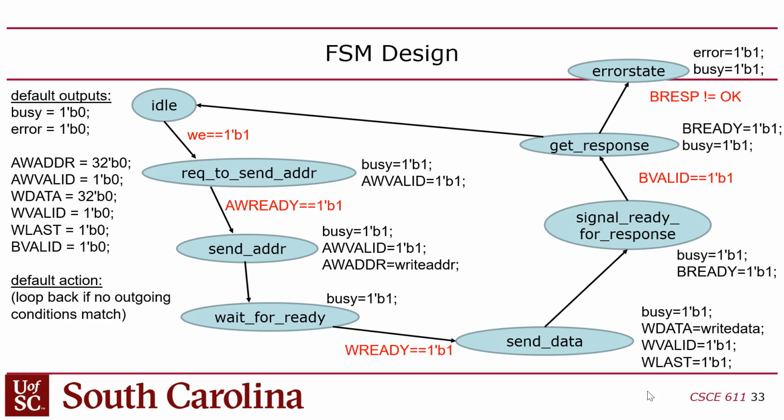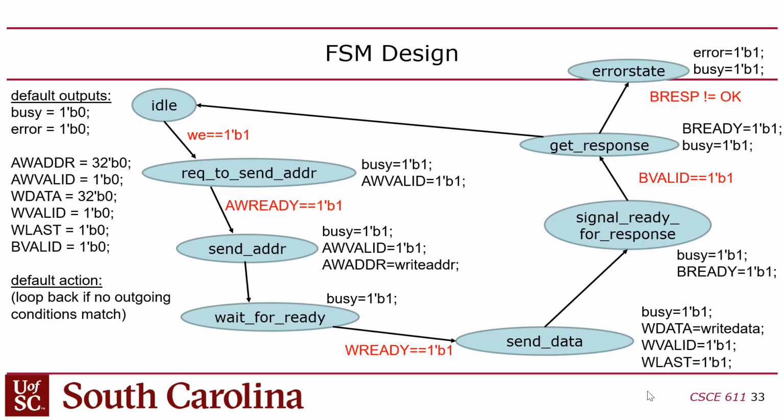Now, you don't know how long it's going to take to get that. It's non-deterministic. It depends on what else is going on the bus, okay? So you'll wait in there until you get the ready, and then once you get the ready, you'll send the address, and you do that for 1 cycle. You set the address, you set valid, then you wait for the ready to come back on the data write bus, right? So now we're done with the address, wait for the data, so we wait for write ready,